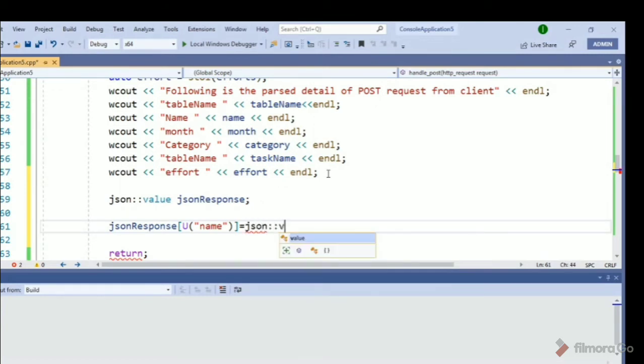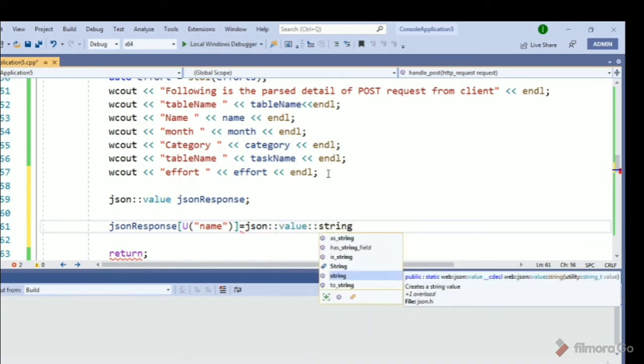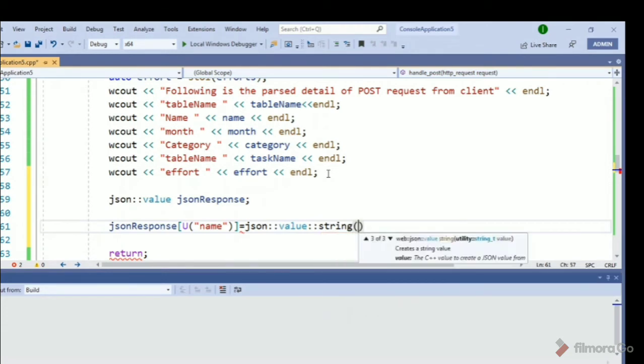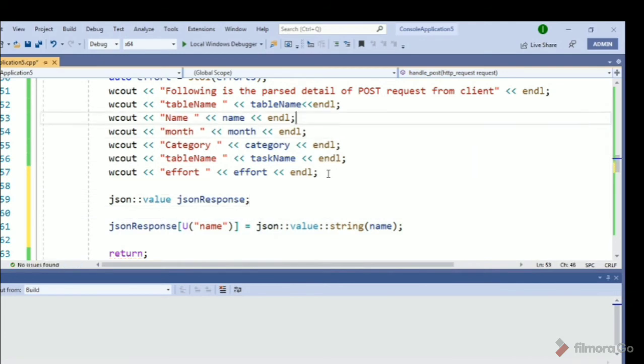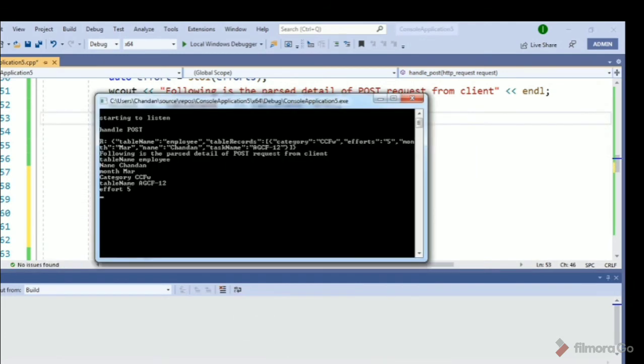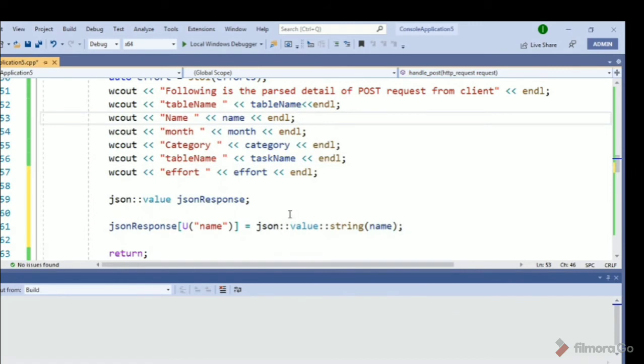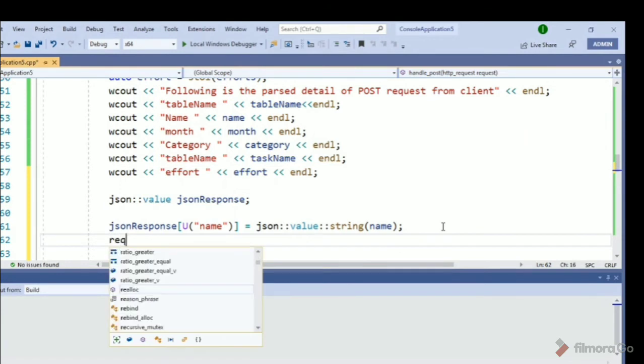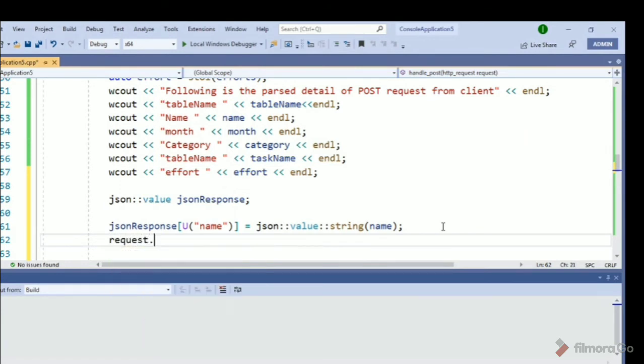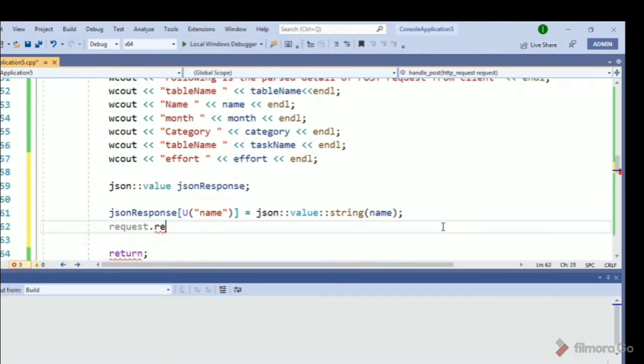So JSON value string, these are all the C++ REST server APIs and variables. So we are storing our name. In our case name is Chandan. So Chandan will be stored inside the key name. So we will reply this back to the server. So request dot reply, because we receive the request.